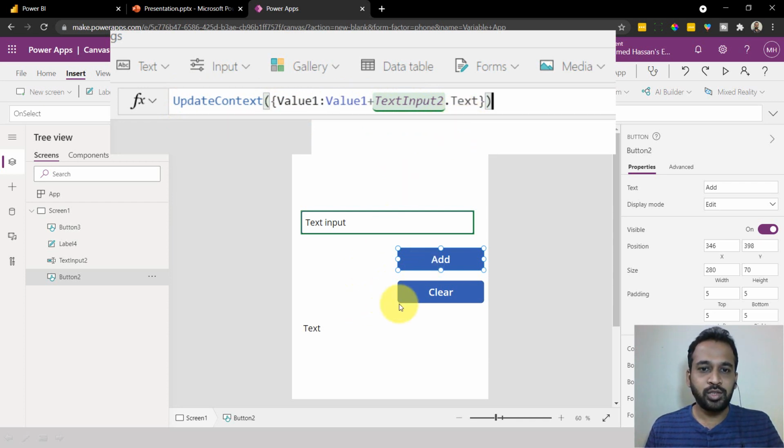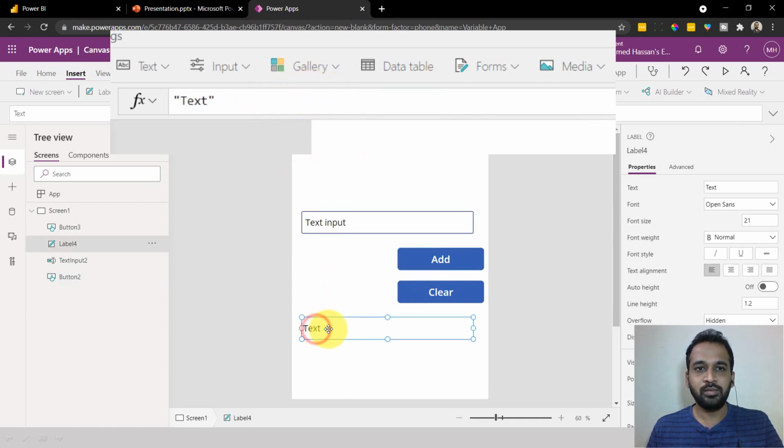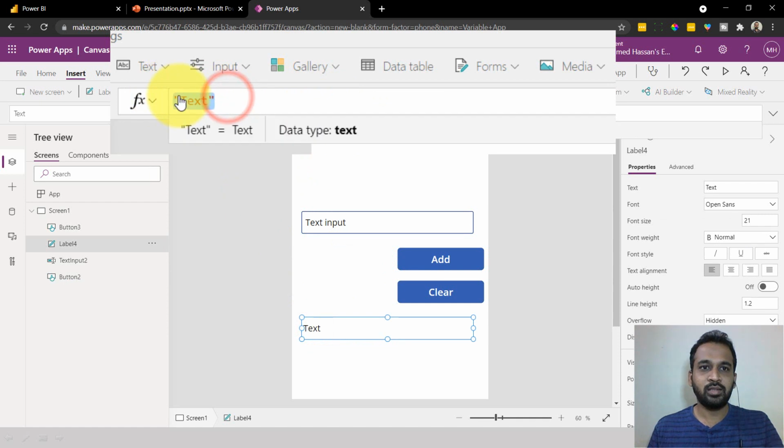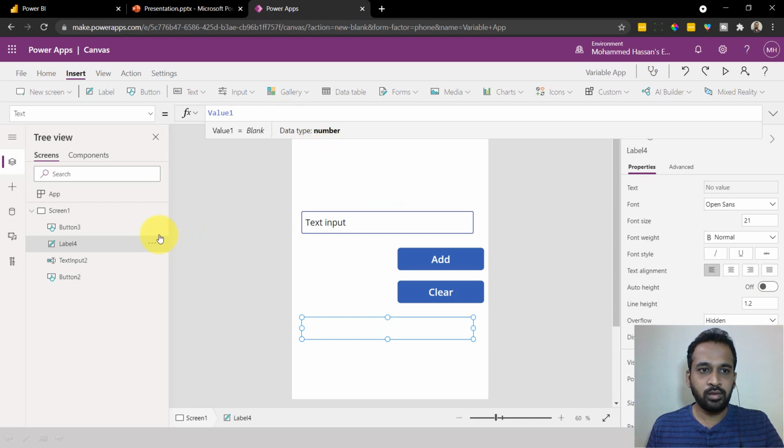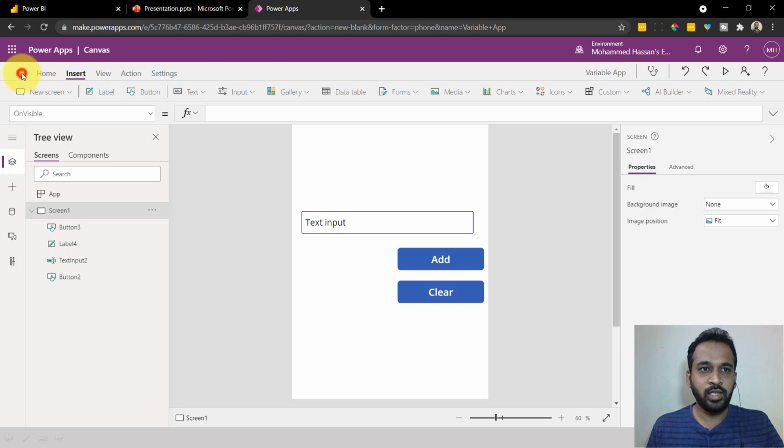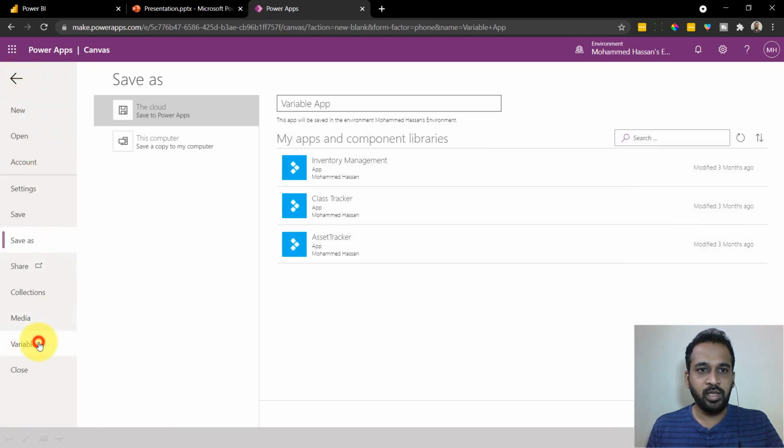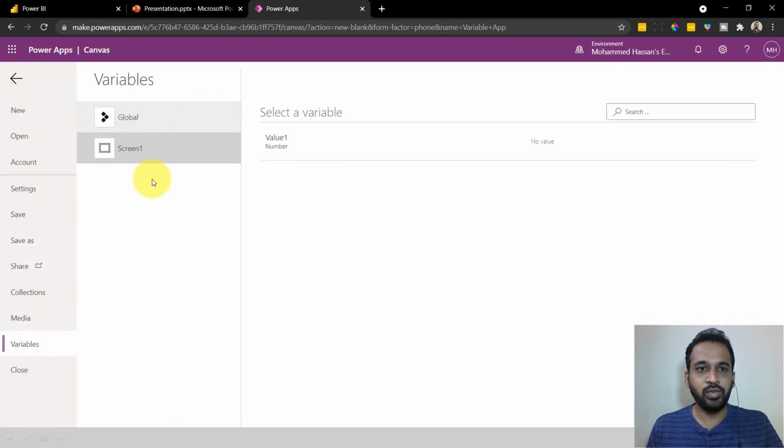Okay, so now we need to consume this one, right? In order to do that, this is value1, which we have defined. So select this label, and instead of Text, you can use value1. Okay, now let's have a look at the variables. So File, I'm going to click on Variables. Now you can see two variables.